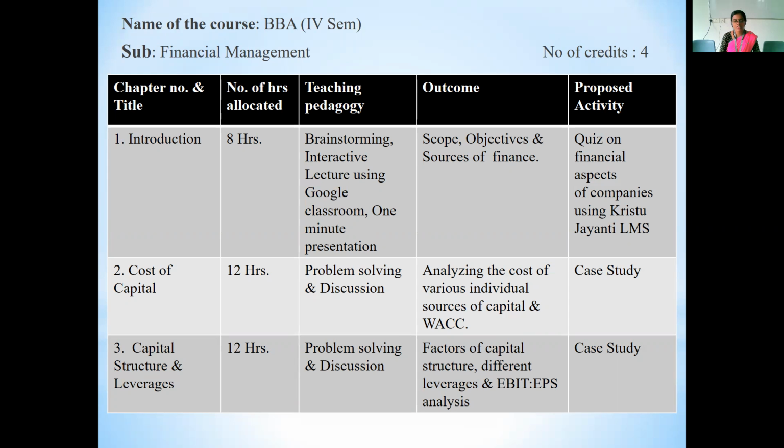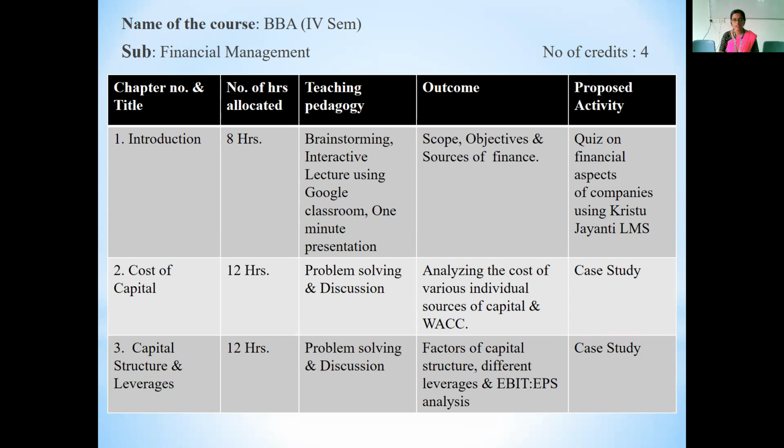Moving on to module number 2, which is called cost of capital. In simple terms, cost of capital is also called the minimum rate of return that a particular investor requires. In this unit, which is a mix of theory as well as practical components, we will be analyzing the cost involved for a particular organization while raising capital through various sources like debentures, equity shares, preference shares, and also the overall cost involved for a particular organization while raising capital with a mixture of all these sources: debentures, equity, preference shares, and retained earnings.